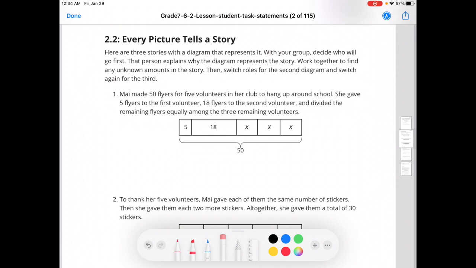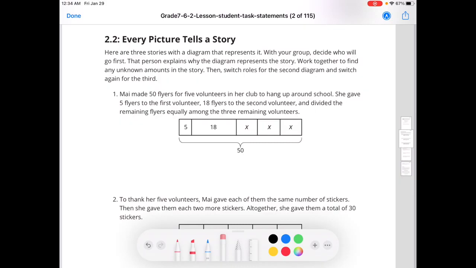Okay, Unit 6, Lesson 2 is working with tape diagrams. So what you see here, this big rectangle, is called a tape diagram. This is normally an assignment that we work in groups on. But with the situation that we're given this year, things are a little different, so we're just going to discuss